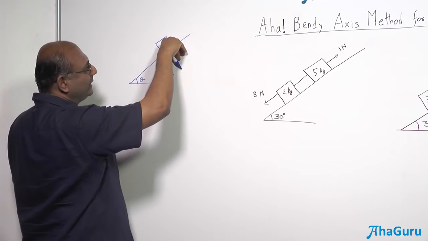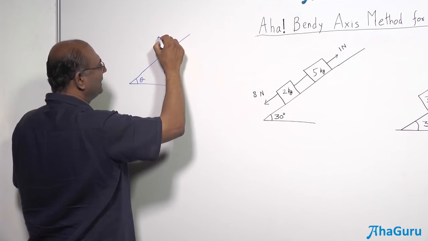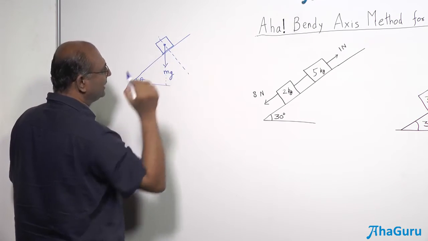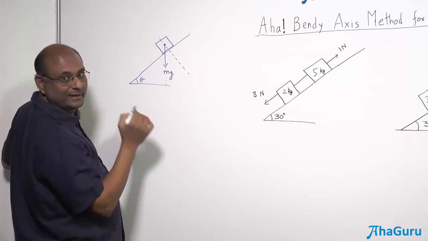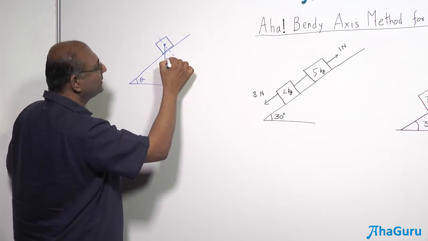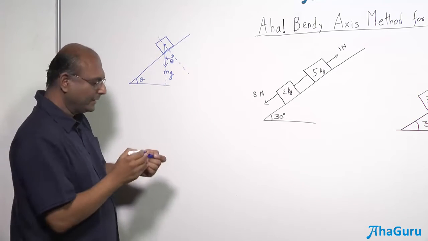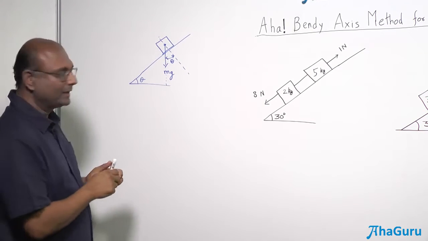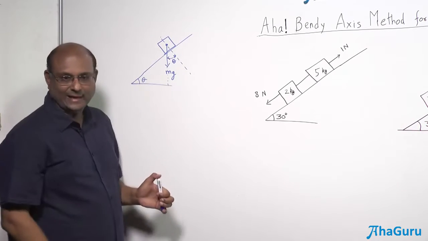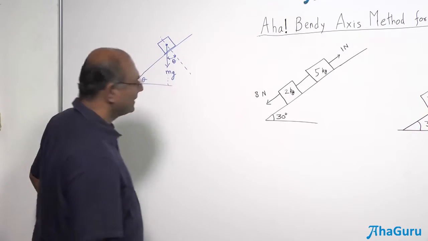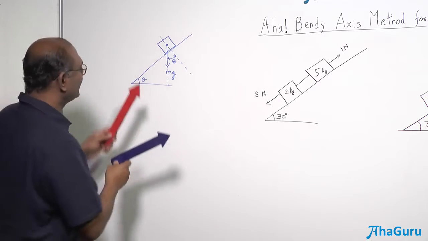And so if I try to take a perpendicular like this, I can take it here, I can take it there, it doesn't matter. If I draw the perpendicular, and this angle is 90 minus theta, what should that angle be? Theta. So this angle is going to be theta. This is one way to think about it. And then of course you can say mg cos theta will be in this direction and mg sin theta in that direction. But let us just come back to it. This is something you're going to face many times, so it's useful to do it once carefully.